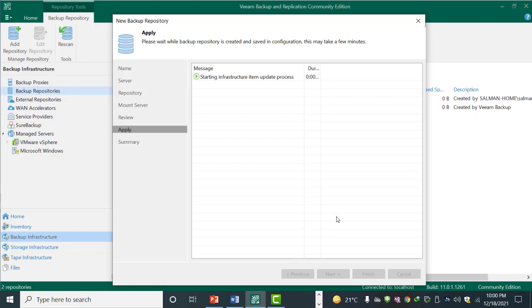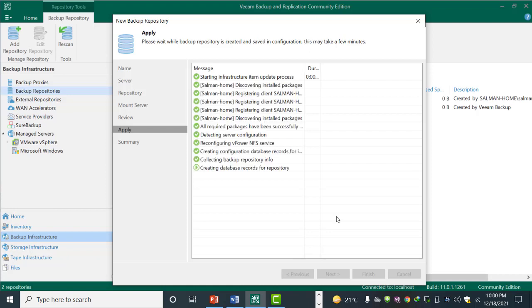It will again take some time, 2 to 3 minutes, because this is very heavy software. It will take a lot of resources of your computer. So basically what I did in this lecture, I added a server on which I have backups.